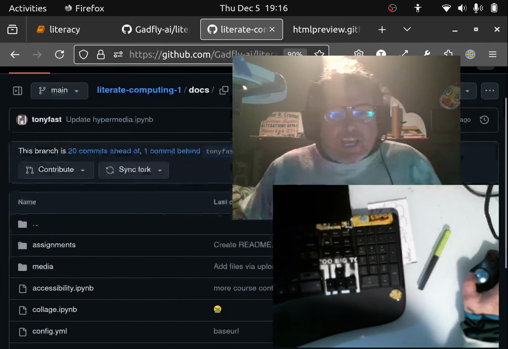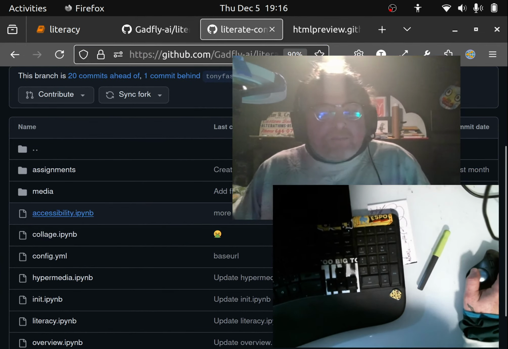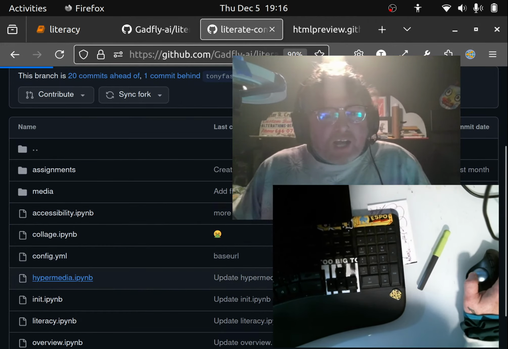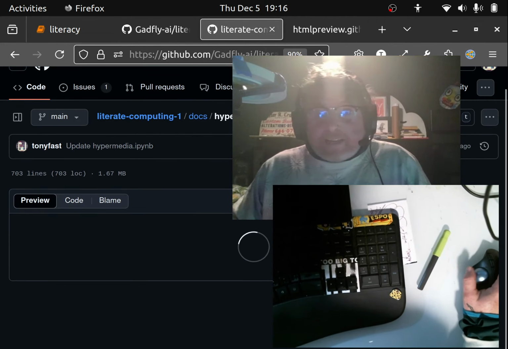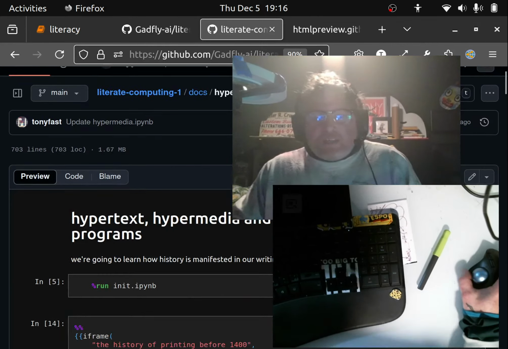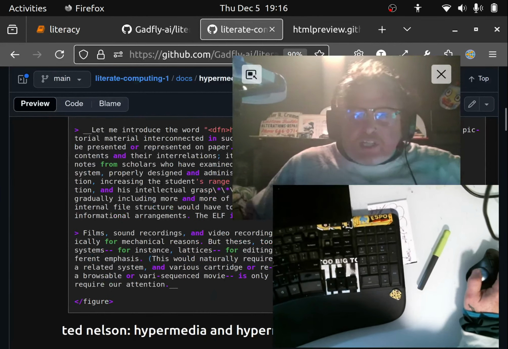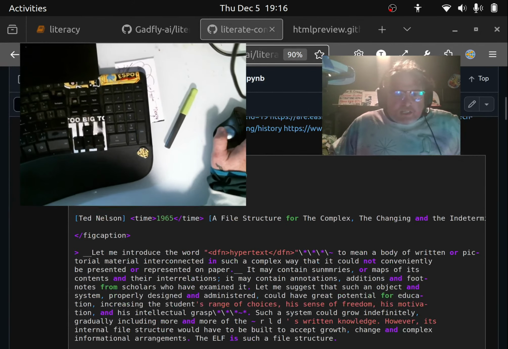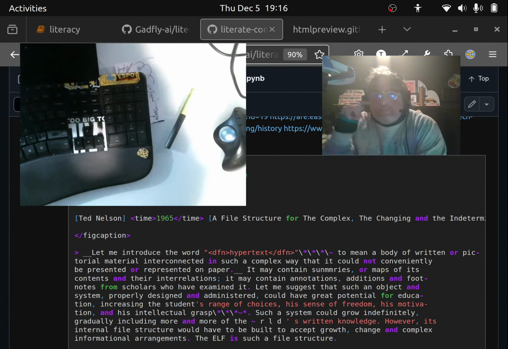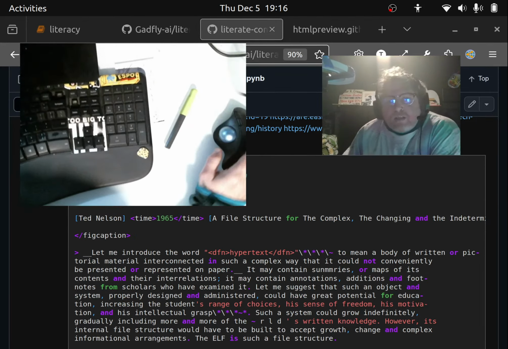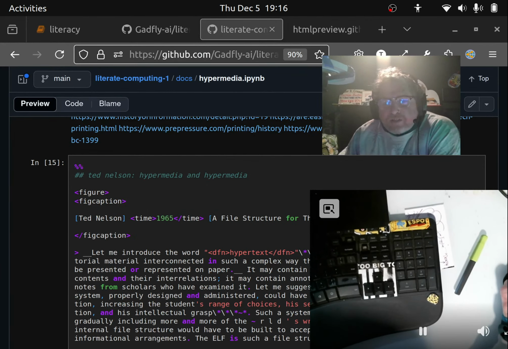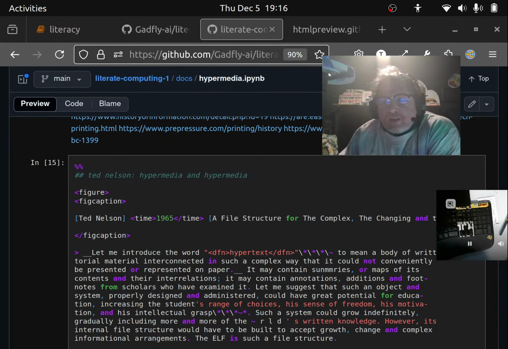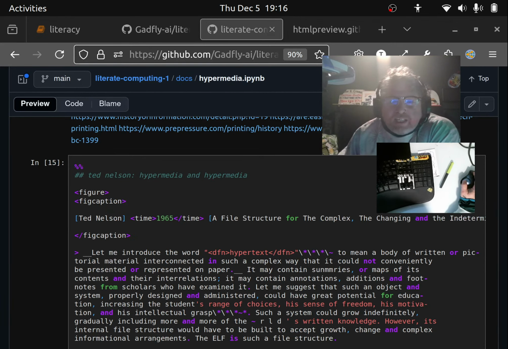So in the next lecture, we actually talk about hypermedia and hypertext. And there's this thing that almost distracted me from the whole class because, see, hands are fun, but let's make them small, keep them out of the way. Anyway, in